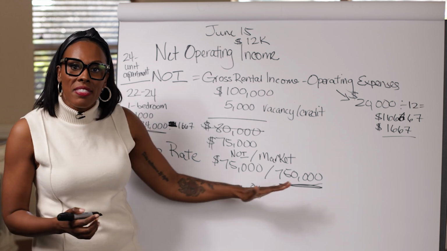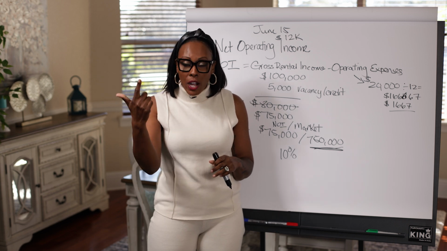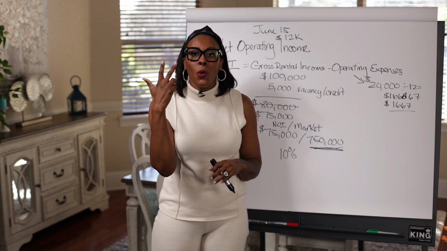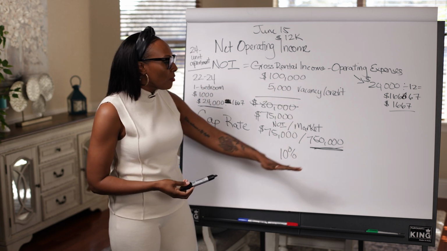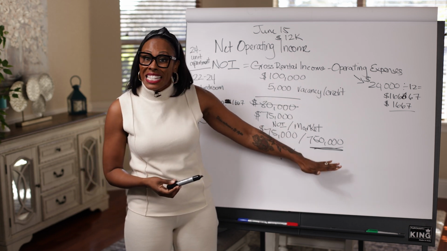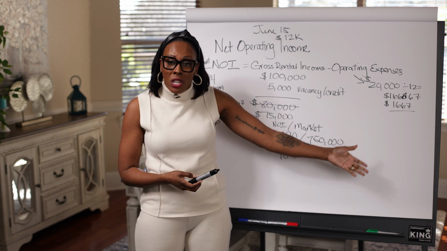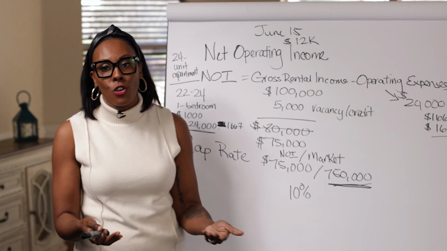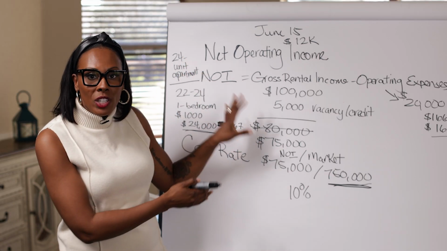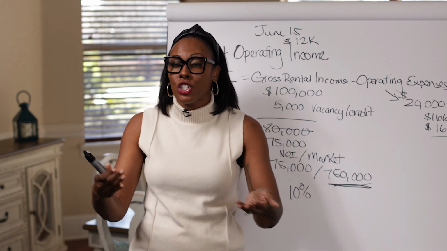The next thing is that this is appreciating in value. So real estate has cash flow, equity, and then the third trinity would be the appreciation. So yes, you may have bought this property for $750,000, and in this example, it appraised for $800,000. Well, guess what? In 2-3 years, it could be easily worth $1 million. This is a return on your investment that is very hard to calculate in the beginning because you don't necessarily know what the appreciation will be.